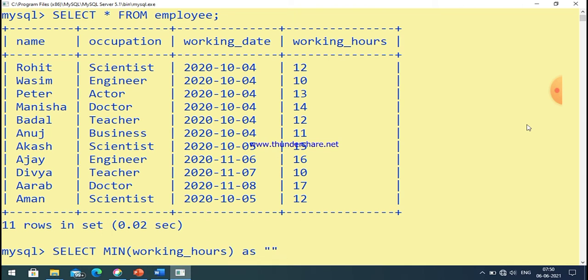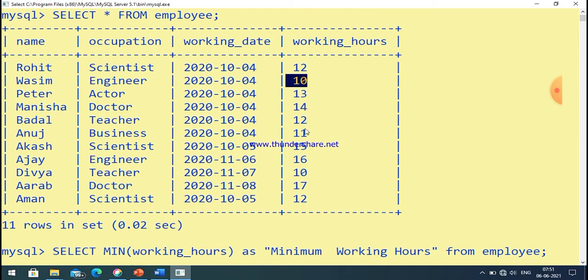Suppose we write here minimum working hours. And the name of the table is employee, so we write from employee, and after that a semicolon, then press enter.